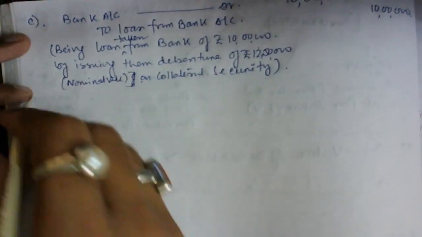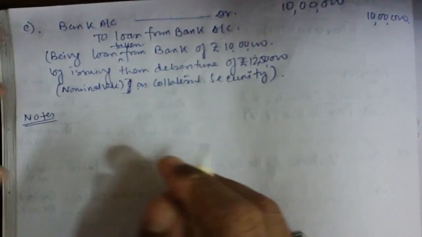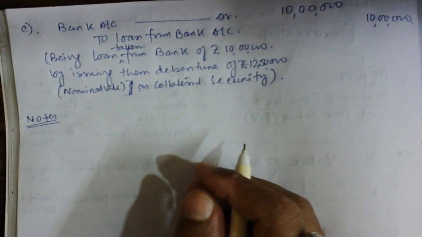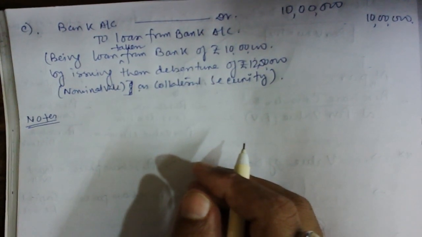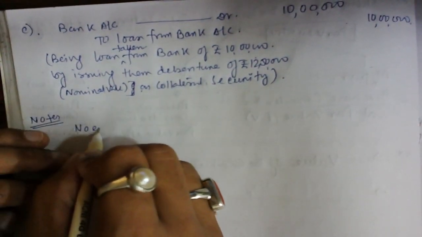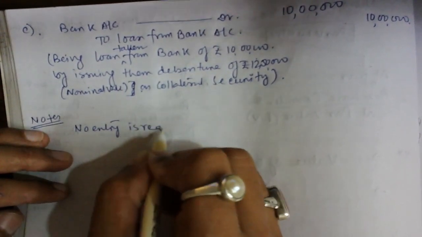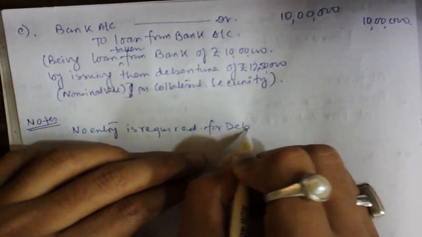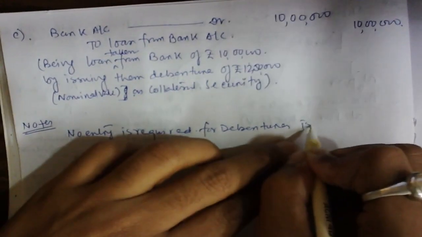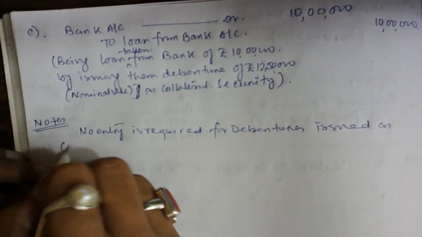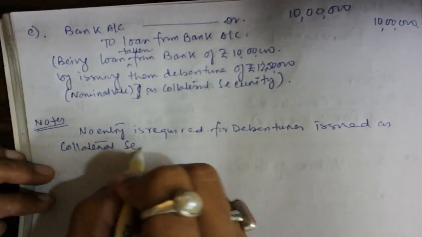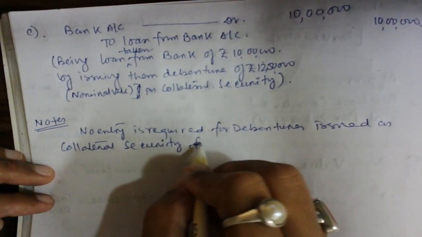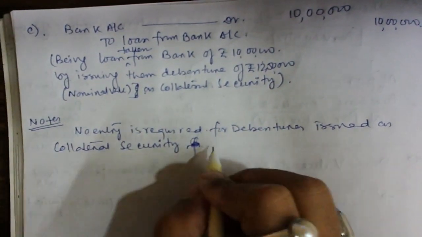Now what we need to write down here in the notes. See we have discussed that when the debentures are issued as a collateral security under method 1, we need to show the facts in the notes to accounts. We need to show the fact under the notes to accounts. So can I write here: no entry required for debenture issued as collateral security to bank